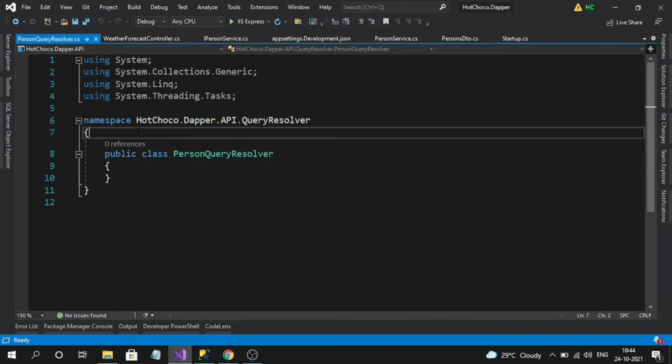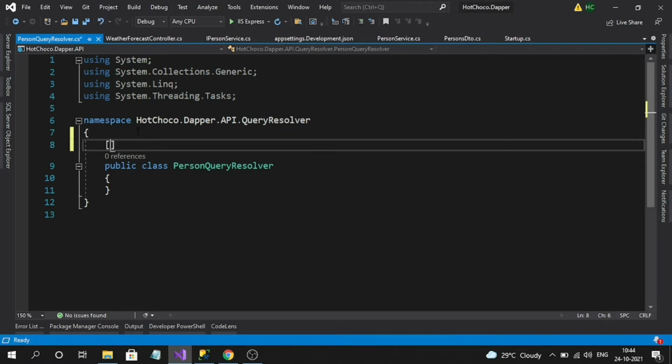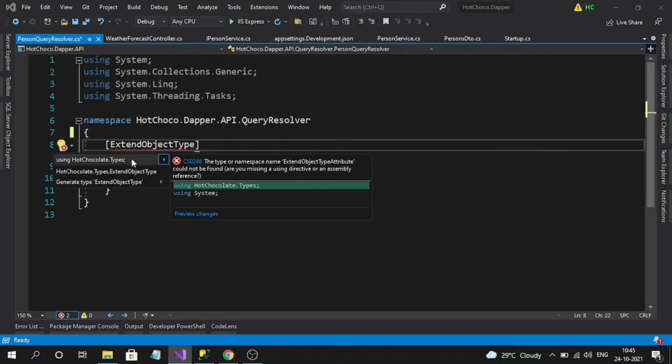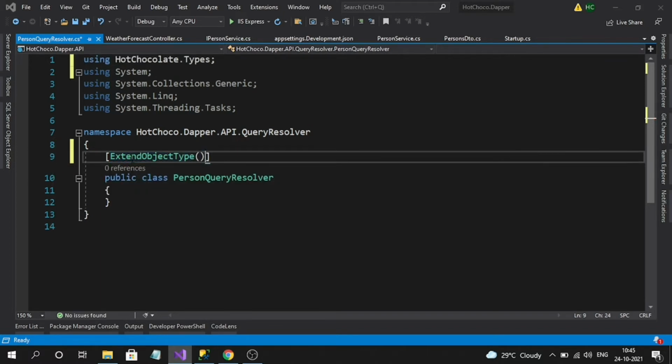Okay, to make it a query resolver, we have to register here the root query name. Everything about this root query name we can understand in the upcoming steps. For now, what I will do is use the extend object type attribute that loads from the Hot Chocolate library. See, HotChocolate.Types, okay? And here we need to specify the name.